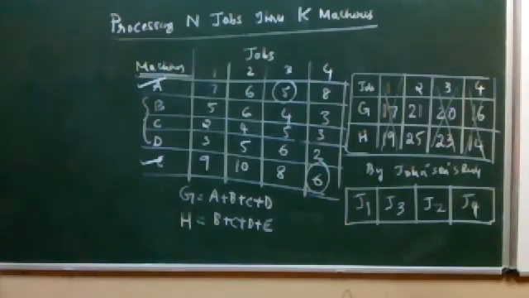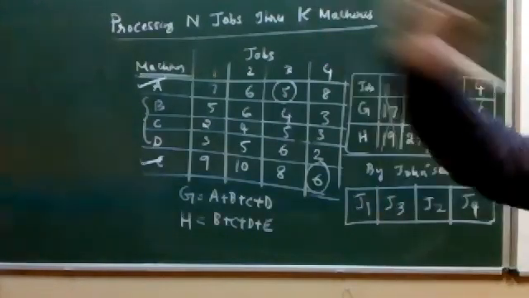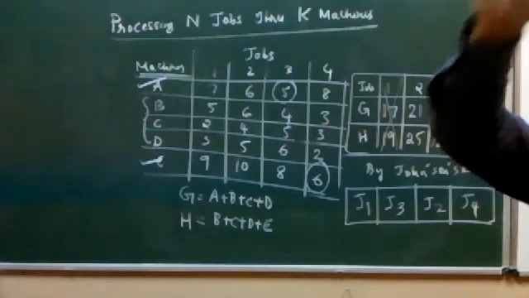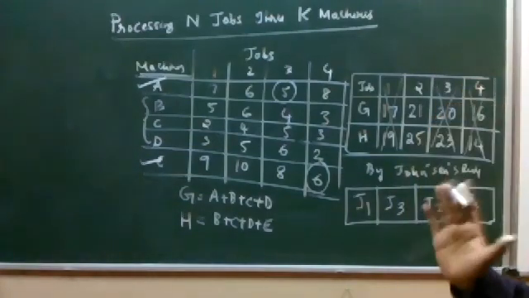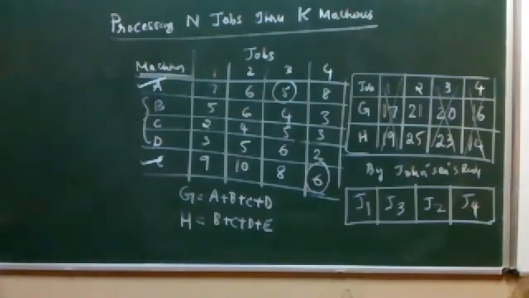So it becomes J2. So now, with Johnson's rule, we have decided the order in which the jobs have to be processed. So what is the order to be processed here? J1, J3, J2 and J4. So this is the order in which the jobs have to be processed. Now, using this particular order, we have to write down the table exactly like what we did in 2 machines and 3 machines and do the calculations. There is one more very important change as far as the last method of problems is concerned. What is that important change?